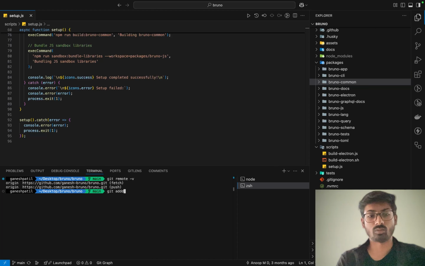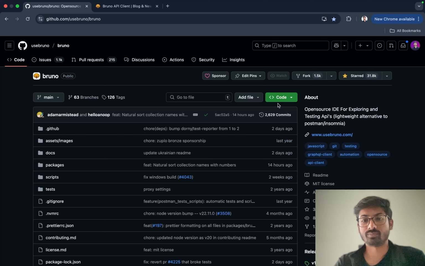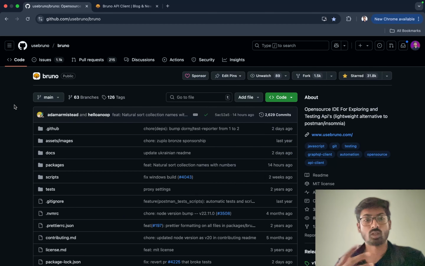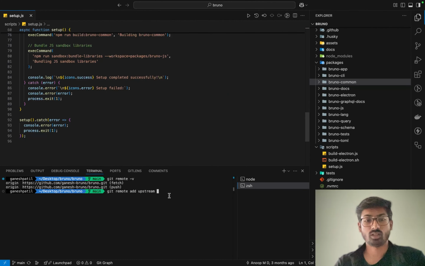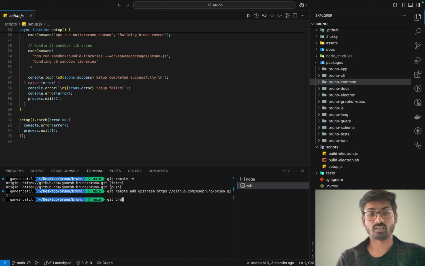So we'll run git remote add upstream. Go to the original repo and follow that URL, not your local repo. Make sure you are on the main repo. Add upstream, and always make sure you're on the main branch. The second thing is to always add upstream, because it's easier for you to maintain the local fork and the original fork. Then create a branch and check out a branch name like